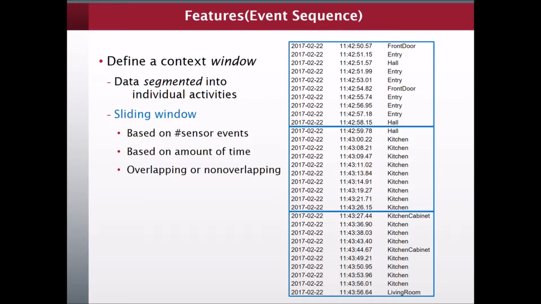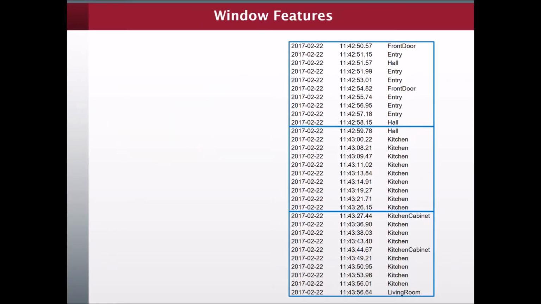For the remainder of this discussion, we will assume that we are using a sliding window with a fixed number of sensory events. So we will fix it at 10 sensory events. Thus, we have 3 windows for our data. Now that we've identified the 3 windows from which we will extract features, let's talk about the specific features that